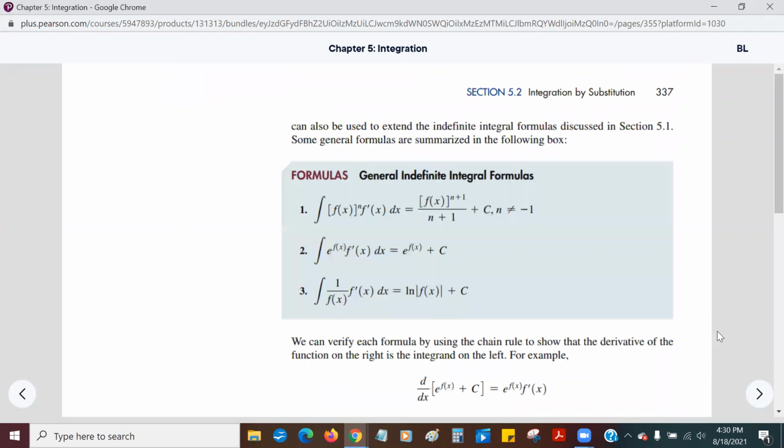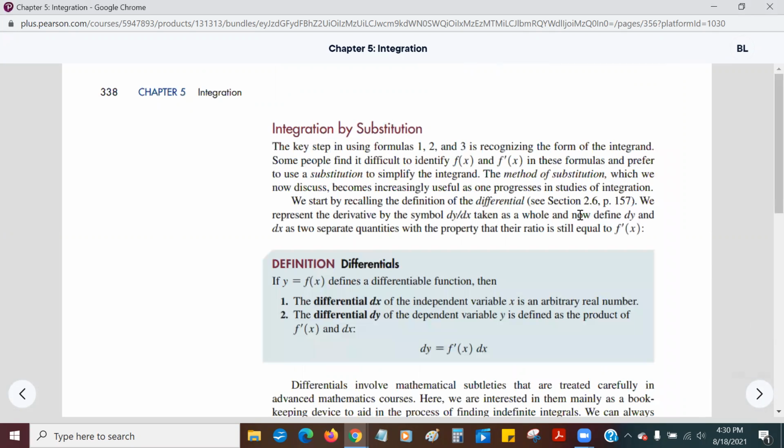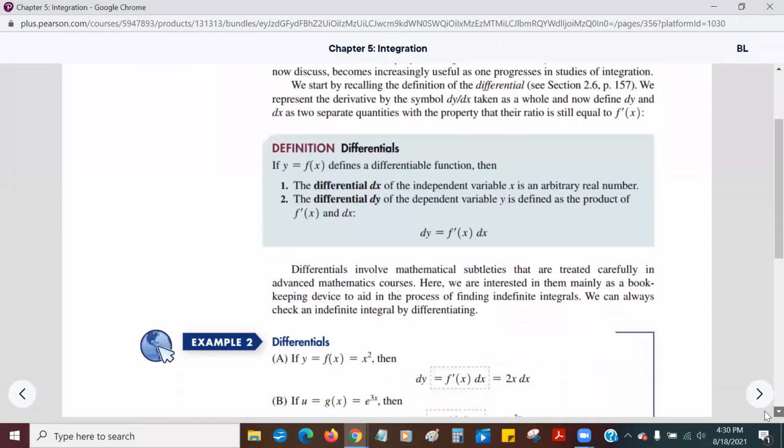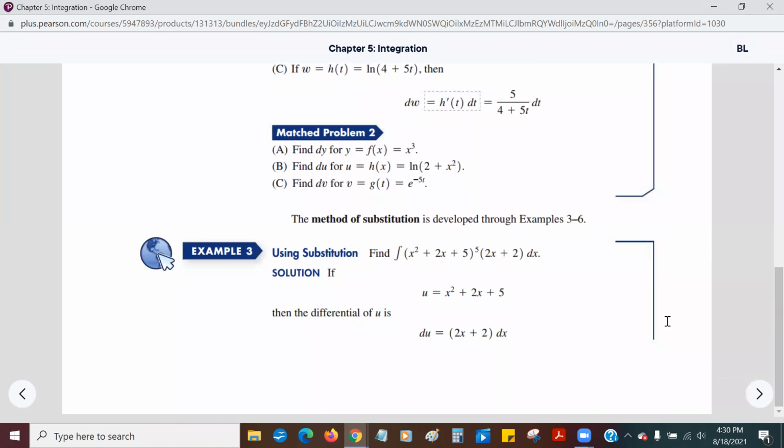What's going on here? Let's try. Here we go. So this is just going to be the okay, we're going to